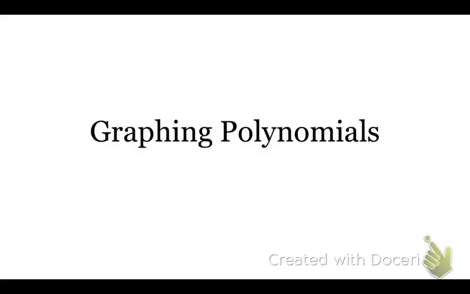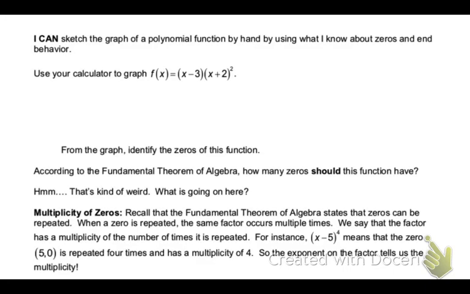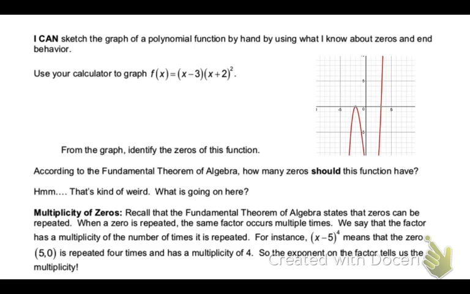Okay, graphing polynomials. So, if you have a calculator, pull it out. And let's graph this: x minus 3, x plus 2 squared. And you should get a graph that looks like this. From this graph, I can see that we have a 0 at negative 2, and we also have a 0